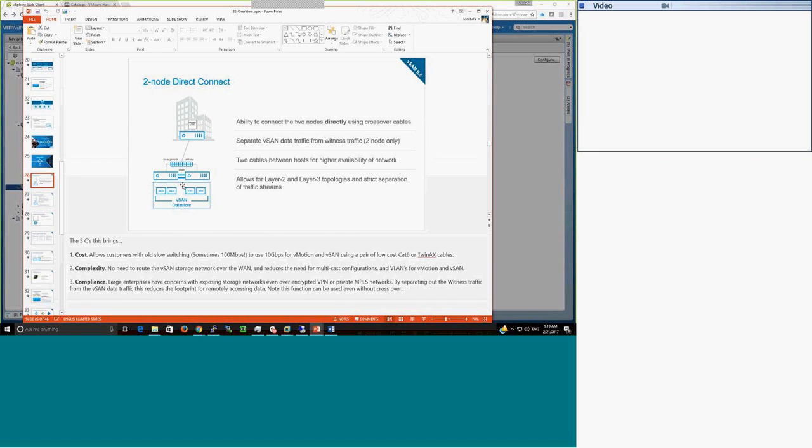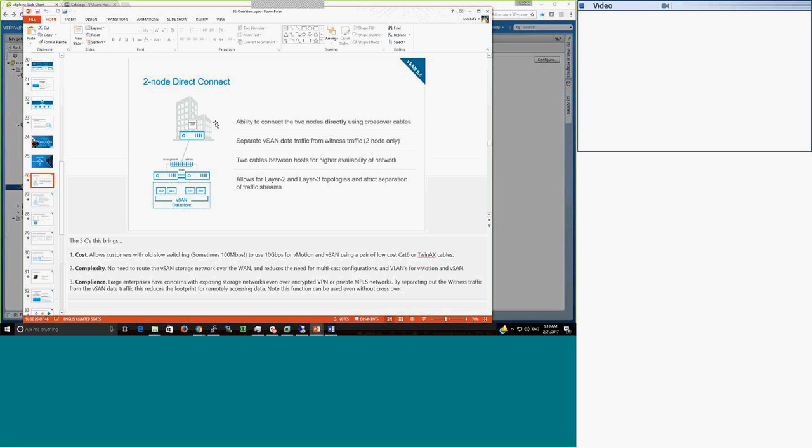And these are typically two different networks. In vSAN 6.5, you can connect both nodes with direct connect without a switch. So you have a port group on both nodes, pointing to the uplinks to those NICs that are used for the direct connect. And these are used for the uplinks to the witness network, or the actual corporate network, in this example,